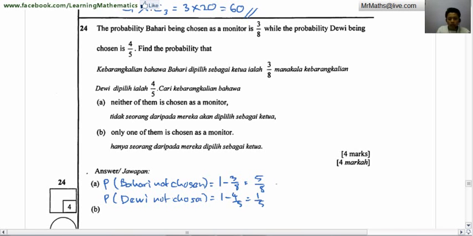Then probability that none is chosen is simply